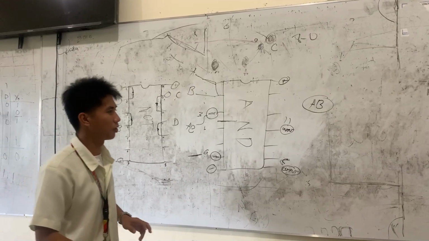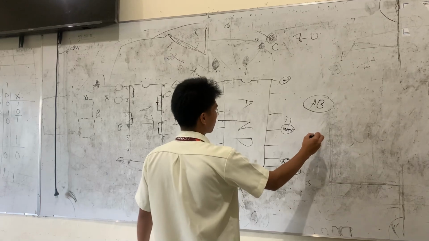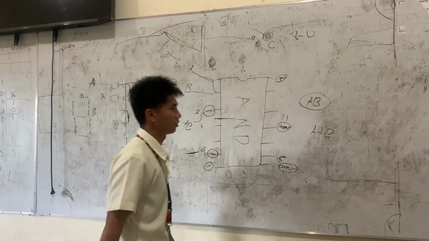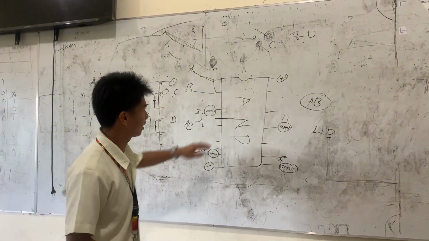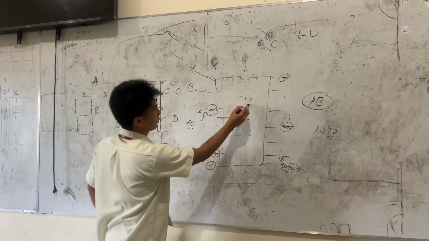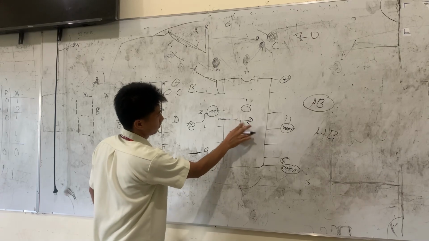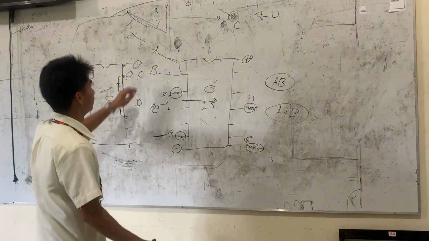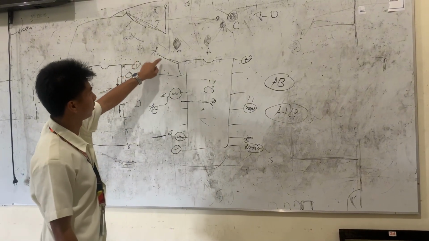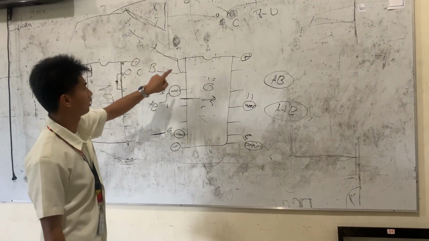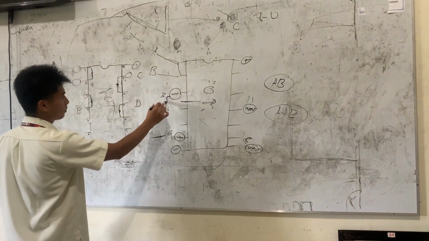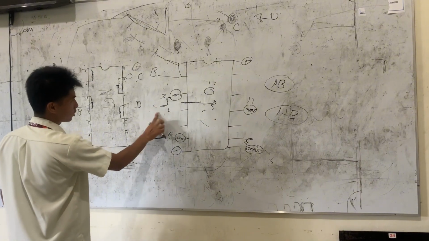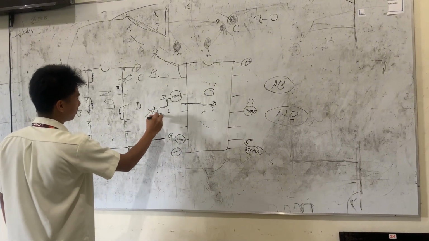It works the same with an OR gate. When you see an equation like that, let's say this is now an OR gate. So let's say A plus B, you see this kind of equation. We input an A on the first input and B on the second input. And then on the third pin, that means it is the output, which gives you A plus B.